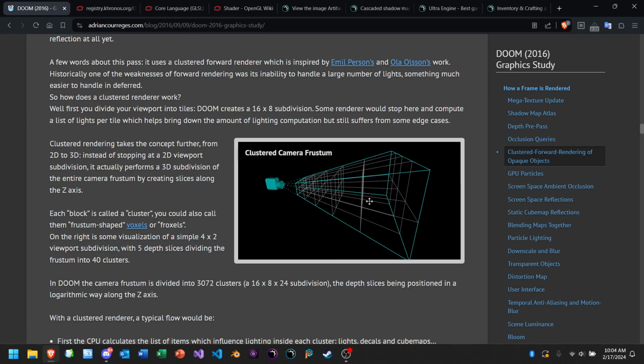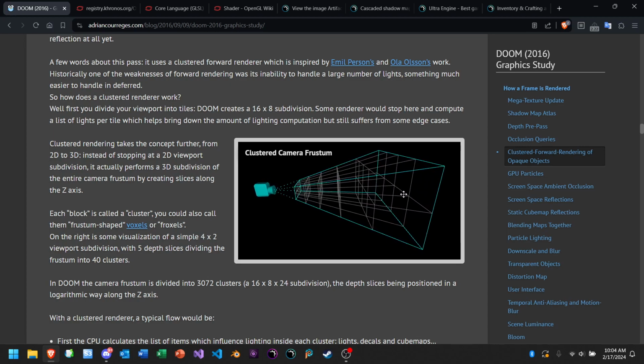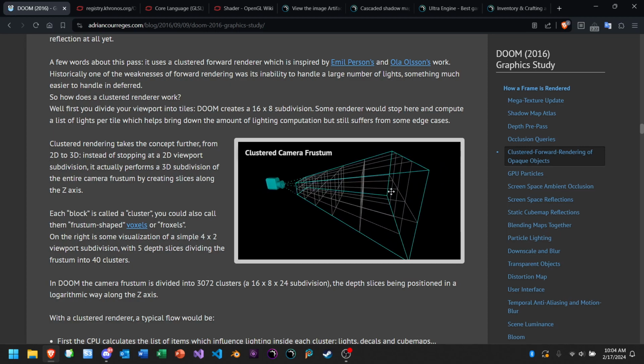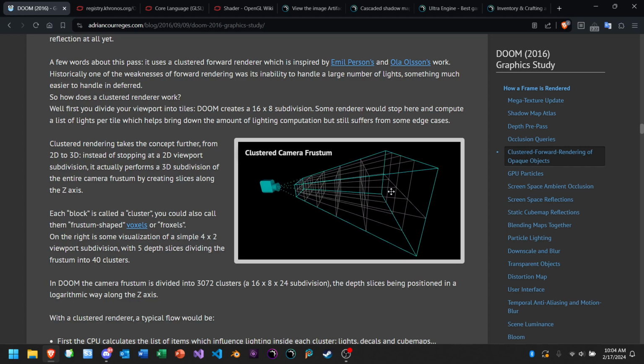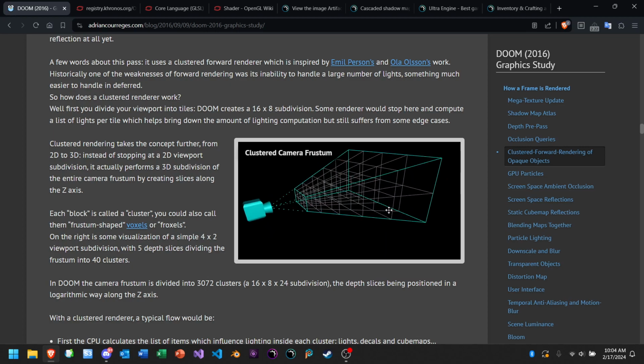And so that allows the fragment shader, whenever it's drawing a pixel, to first figure out which sector that pixel is within, and then look up the list of lights that intersect that sector. That way you don't have to loop through every single light in the scene for every single pixel. It's been a very good technique for us,